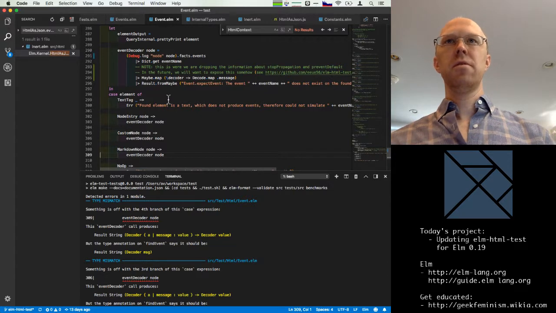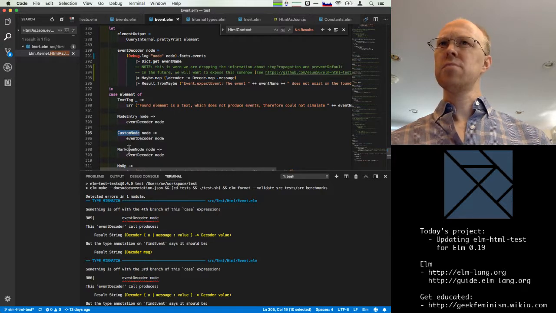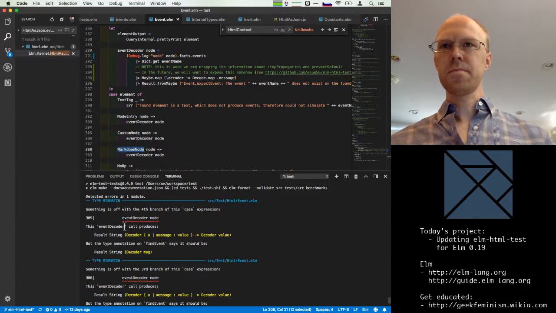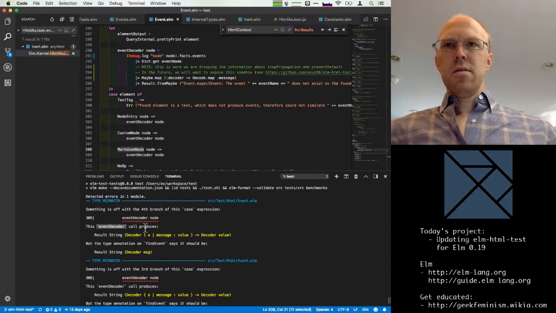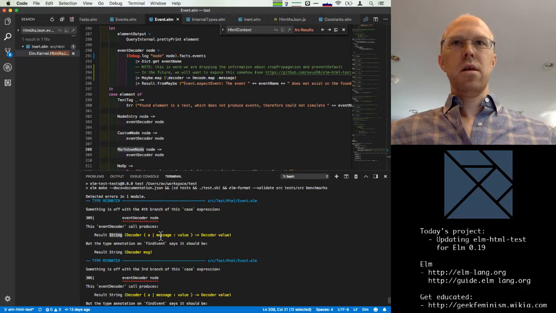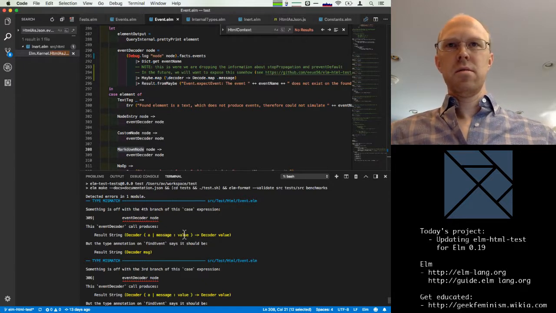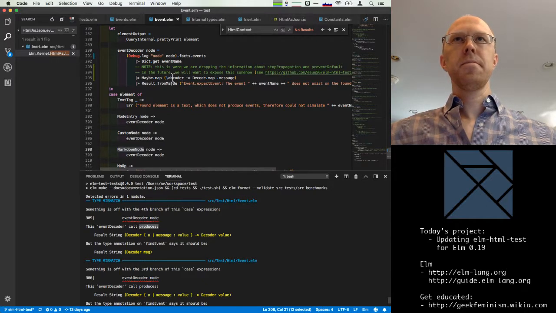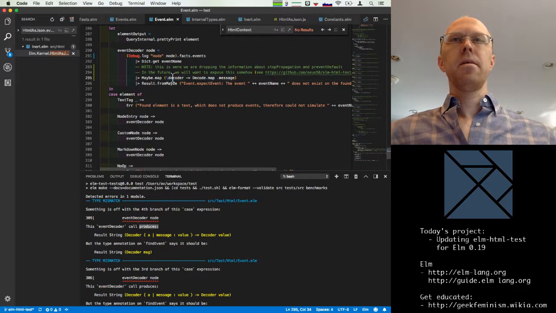Event decoder. So what is wrong with those? Custom node and markdown node. The event decoder call produces a decoder. Oh, what? Produces a function?